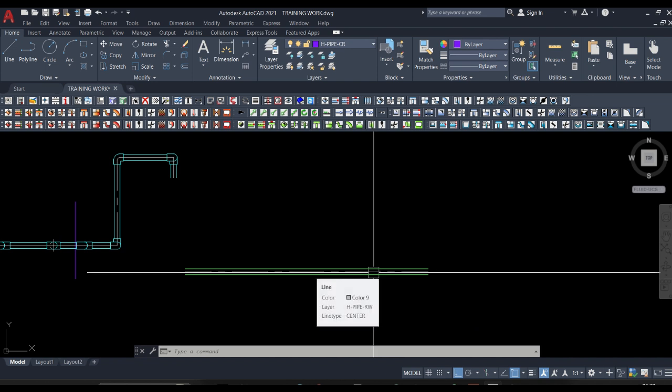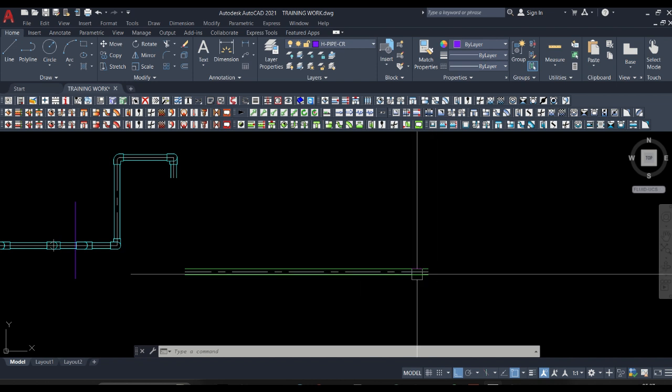Then let's assume this pipe is extending, but we want to drop it here. Now there's two things. If in your MEP drawing, you want to show this pipe is still extending,